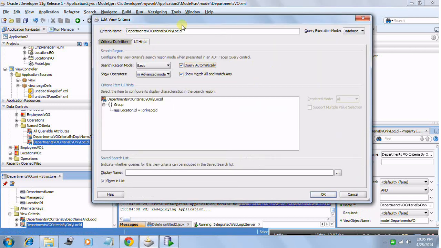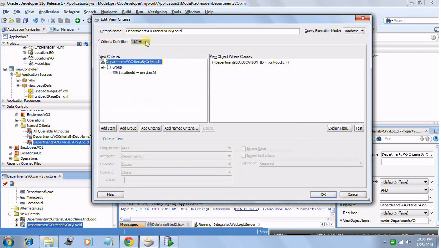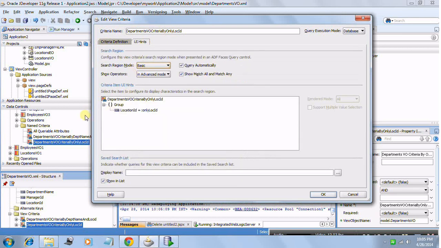This would ensure that as you select this one from the drop down, the view criteria corresponding to this should trigger. So this would make sure, and whatever appears in the drop down, that also can be controlled. See, right now it is appearing with this name. If you want to customize, you can say here by location ID, so this name would appear. Similarly, if you want to customize this one also,